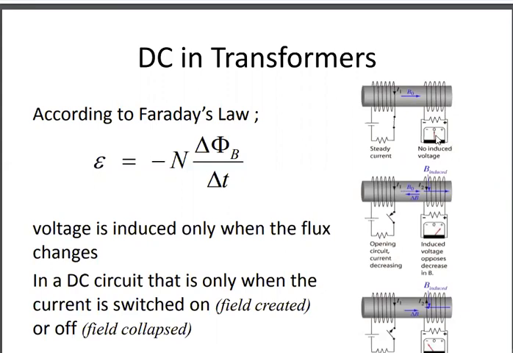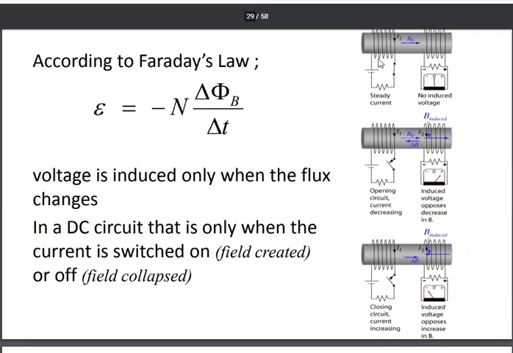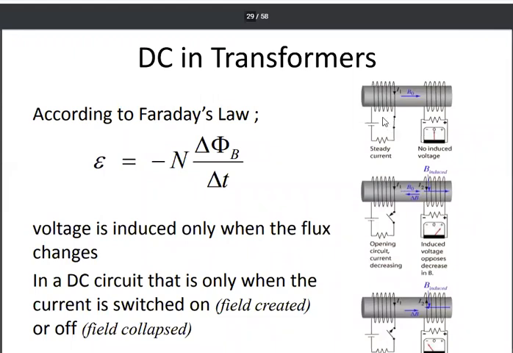And hence the pointer of the galvanometer connected to the terminal of this coil will be deflected. Although this coil is not in contact with that coil, and this coil is not connected with any power source like a battery or generator, still there is deflection in the pointer, indicating that whenever the current in this coil grows or increases, the magnetic field due to this coil increases, and this increased magnetic field causes changing flux in this coil, and hence current gets induced in this coil.